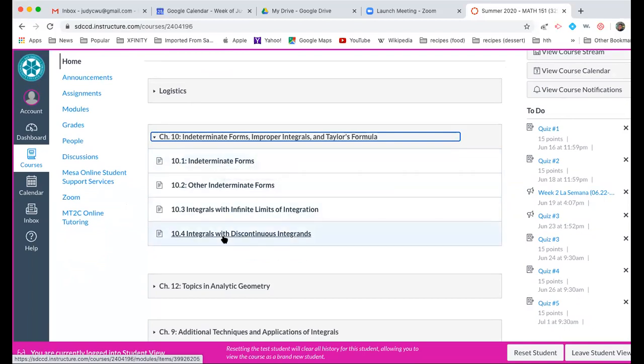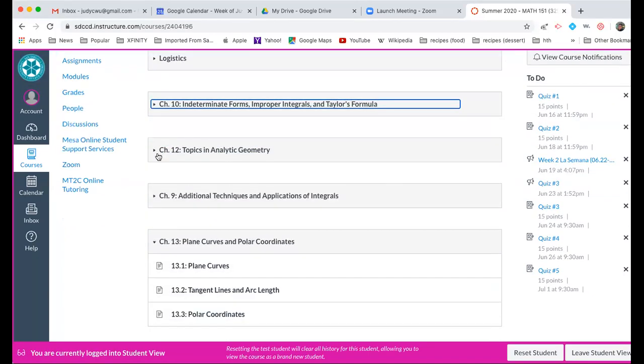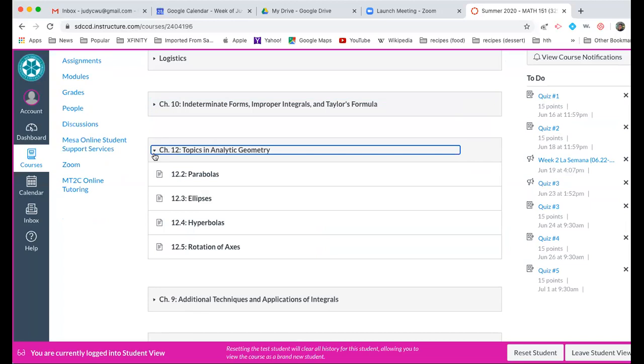You'll have all of the sections, and then within each section, you'll find blank notes, complete notes, as well as the link for the videos. So chapter 10 is here, chapter 12 is here, so you can preview what kind of content is coming up. Chapter 10 is probably new for most everyone, and chapter 12 is going to be a blend of review. Depending on when you took pre-calc, parabolas, ellipses, and hyperbolas were definitely part of the pre-calc curriculum. So that might be review for you, which will be nice, a little bit of a breather. But 12.5, I think, tends to be new for everyone.